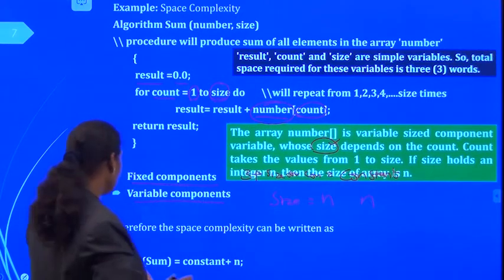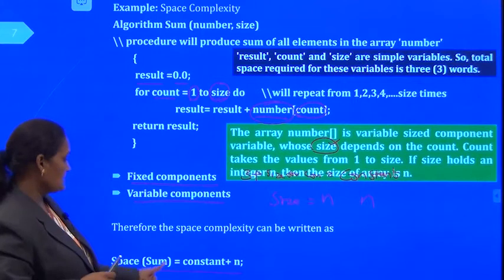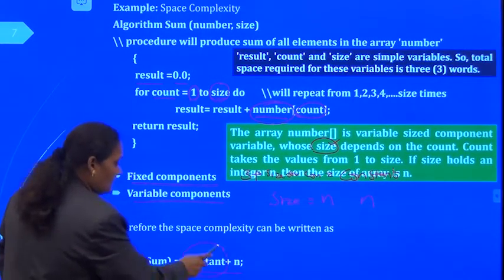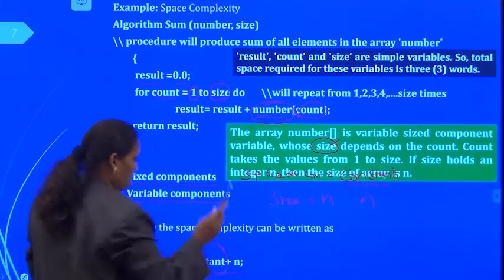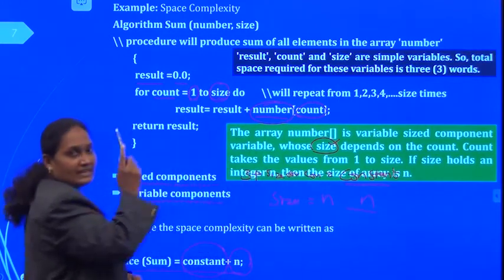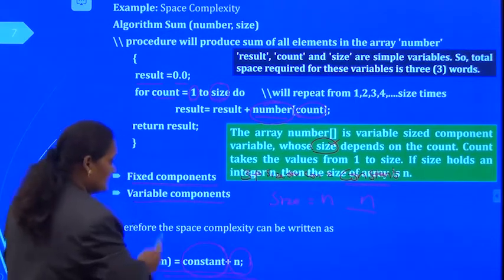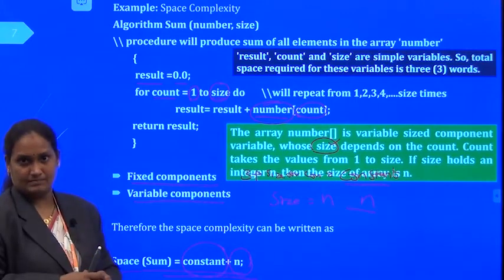So finally, the total space complexity can be represented as space of sum is equal to, this is the fixed part or fixed component, which is nothing but a constant, and this is the variable component, which is nothing but n. So the total space complexity of this algorithm is some constant value plus n.